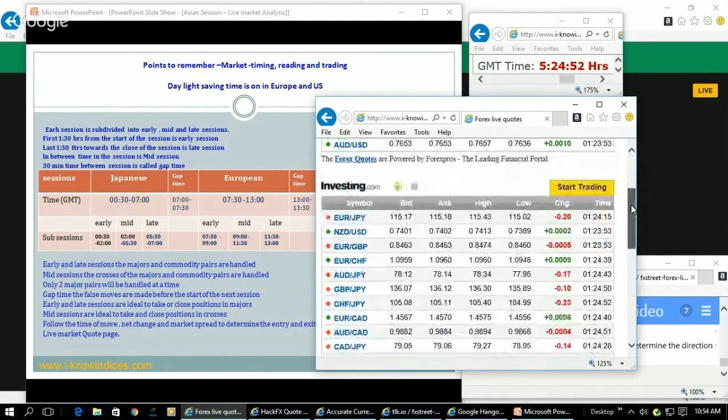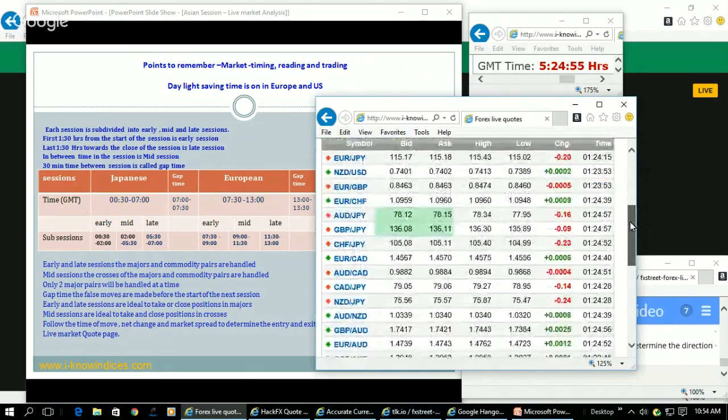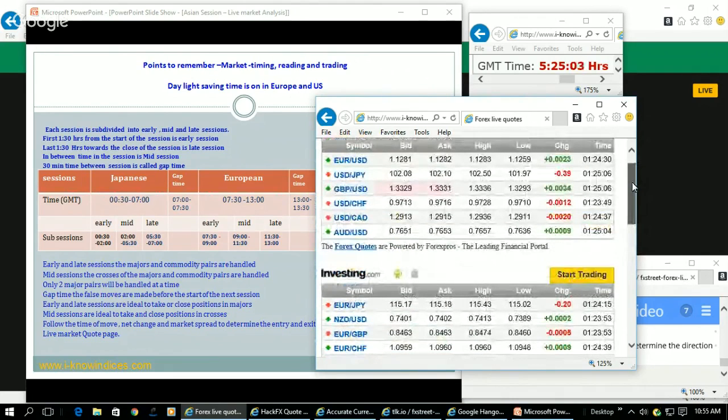So how they are handling, you can easily read it and find out where they are going to take it, either on the upside or on the downside. Now, when they are going to gain the levels, automatically they will continue the trend during the session. So GBP is expected to gain more when compared to Euro. As a result, Euro GBP will come down. So with the help of the net changes, whichever is making the maximum net change will move first. Then GBP will move first. Later on, Euro will gain nominally, and Aussie is expected to gain lesser. That way, we'll be able to identify it.